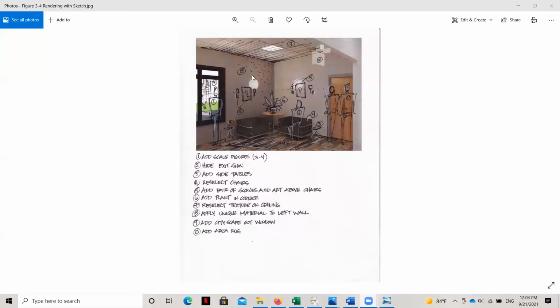And you can see I've also started to indicate the more unique elements that aren't available to my liking in Revit right out of the box, and that I'm going to need to start to bring into Enscape, which is more unique artwork, more unique sconces, and again, side tables, and then a rug over here.